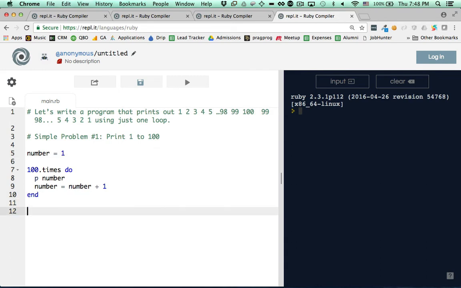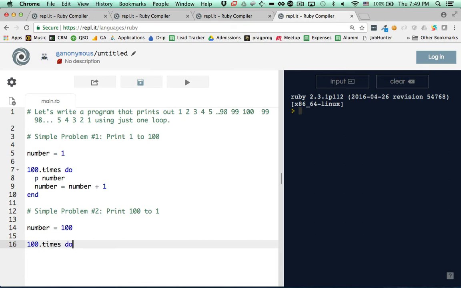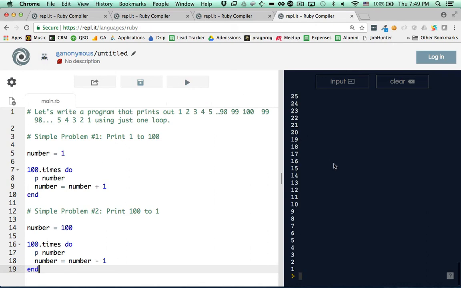What is simple problem number 2? I like that. Print 100 to 1. So number equals 100. 100 times do, print number, number equals number minus 1. Yeah. Now really, we've pretty much accomplished the exercise, except for the fact that the exercise says do it in